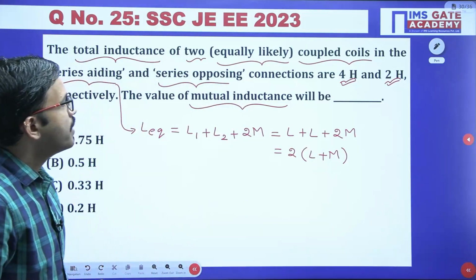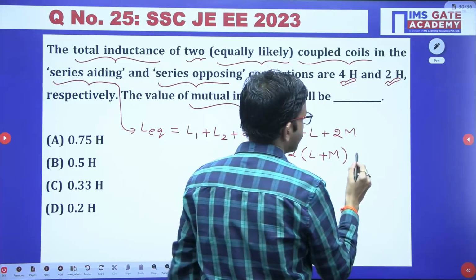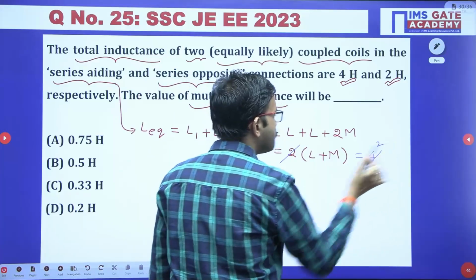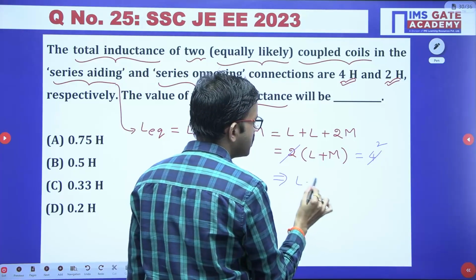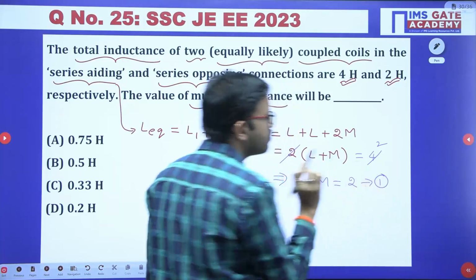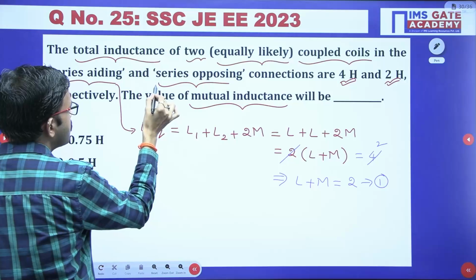According to this question, this entire value is nothing but 4 Henry, right? So from here you are getting one equation, that L plus m equal to 2. You can label this one as equation number 1. Now, regarding series opposing,